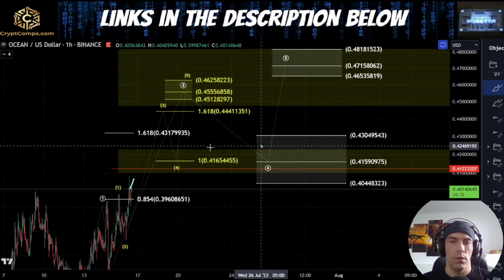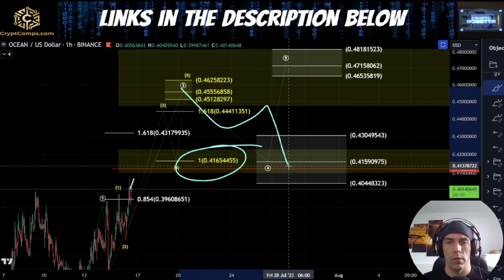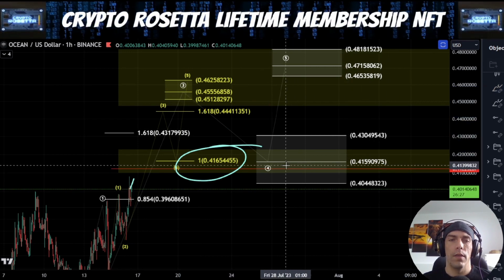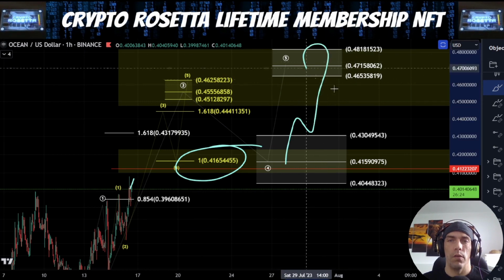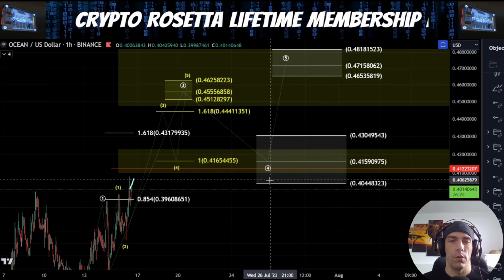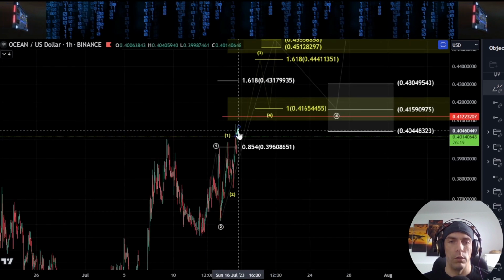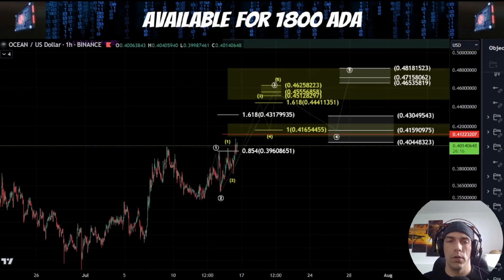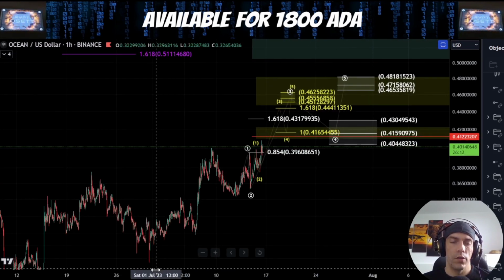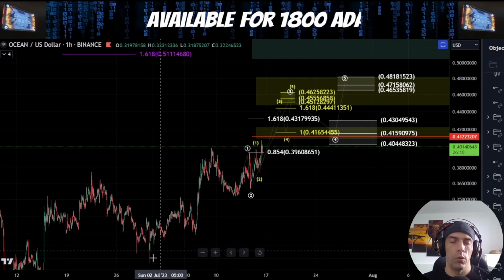So the key zone here would be the previous 4th wave. I'd want to see this hold, looking to stay above this 40 cent 44, and then we'd want to see another 5-wave move up into this higher range. 48.18 to 46.53 is the target for that level. So that's what we want to see if we're looking for this extension, and the key idea here would be that if we are looking to extend out, and this is 1, 2, 1, 2, or this is 1, 2,